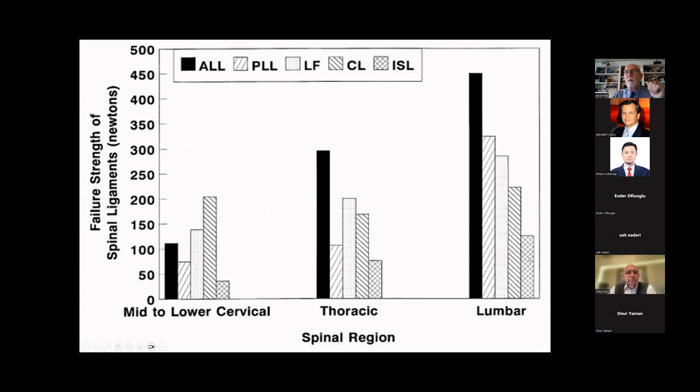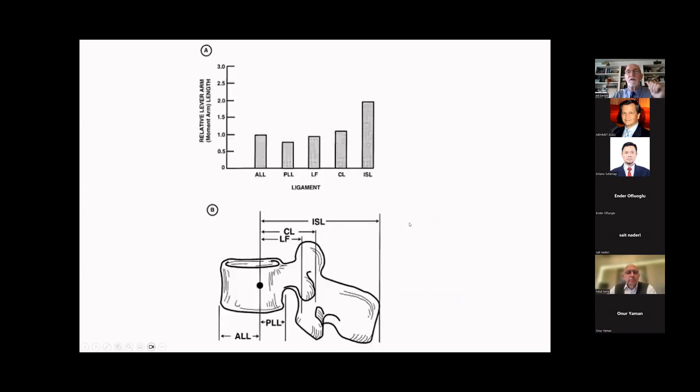And in the lumbar spine, the interspinous ligament is relatively weak compared to the other ligaments. However, it works through a long moment arm and henceforth is a valuable ligament regarding the preservation of stability in